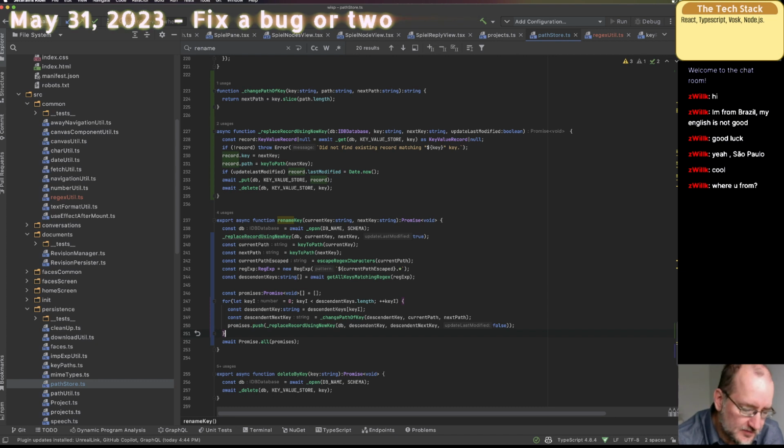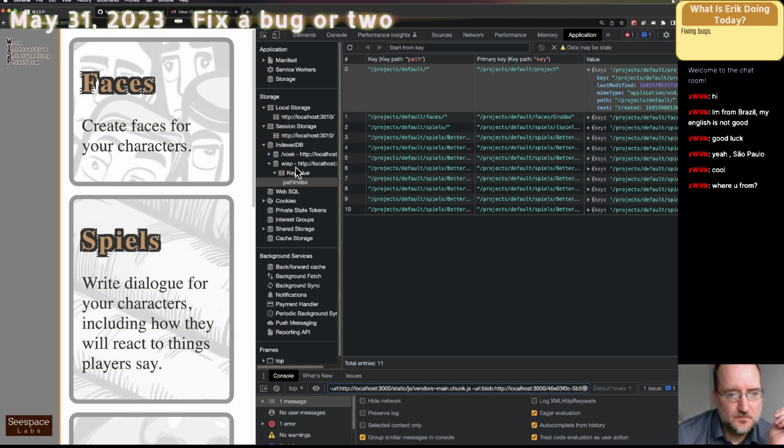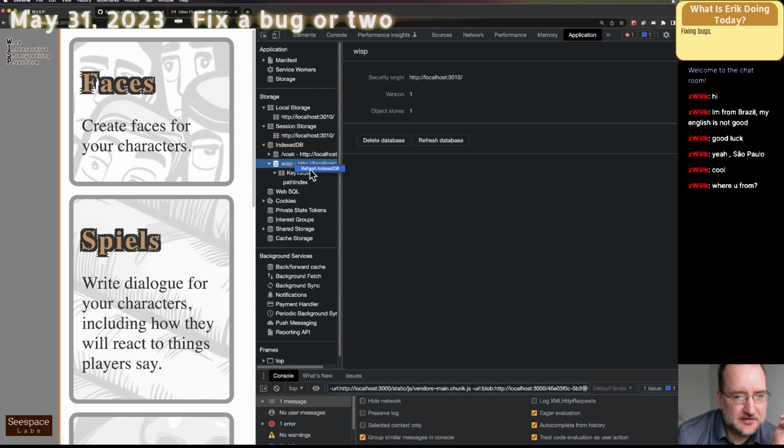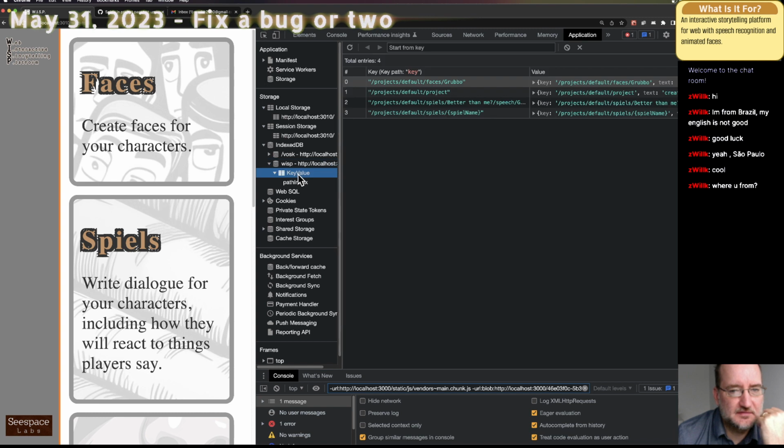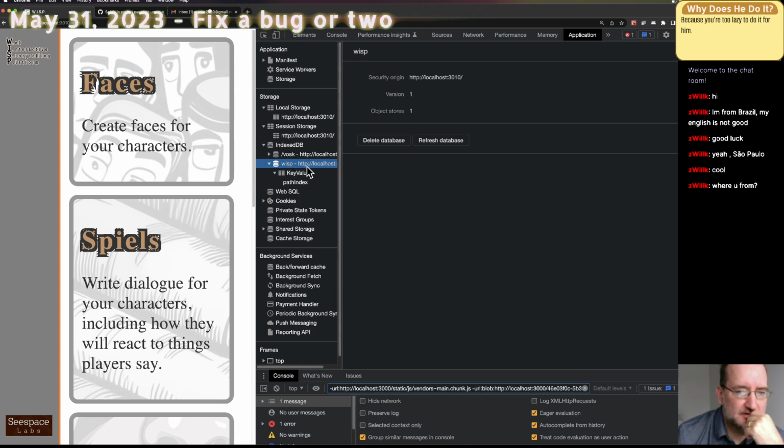Okay. So this, I basically just want to step through it. I also might as well just clear this out because I'm definitely in a bad state. Let's do clear on this. Fresh IndexedDB.